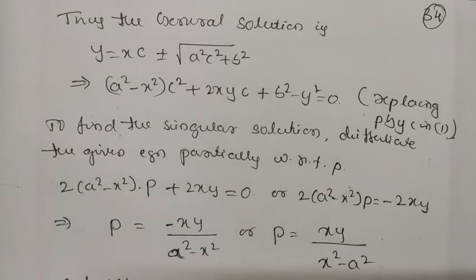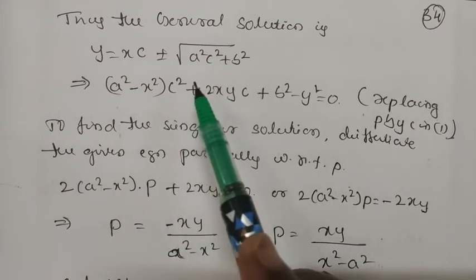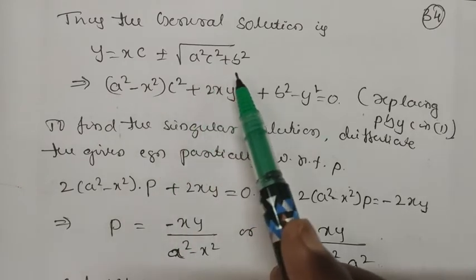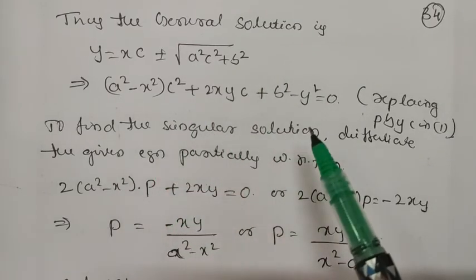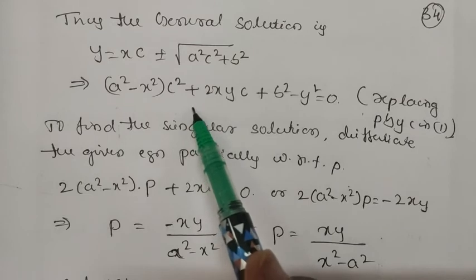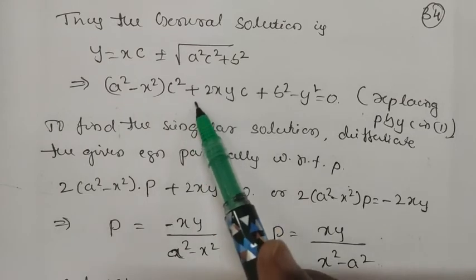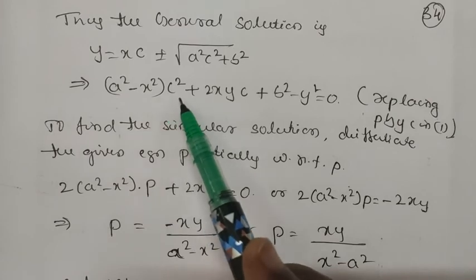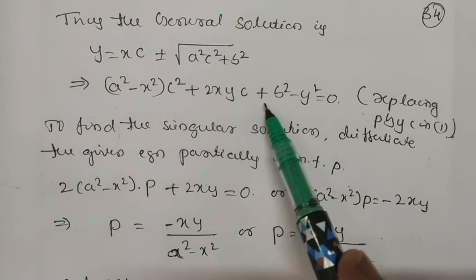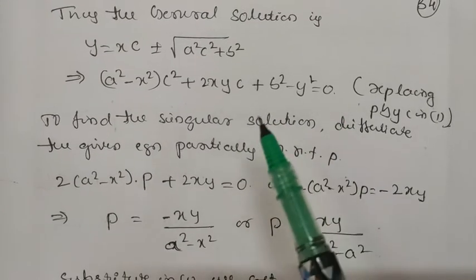And the general solution is just replace p by c in the given equation in the Clairaut's form. So you will get y equals xc plus or minus under root of a square c square plus b square. Again, this is the simplified form of the given equation. The given equation is a square minus x square into p square. In place of p square just replace c square, plus 2xyc plus b square minus y square equals 0, which is the